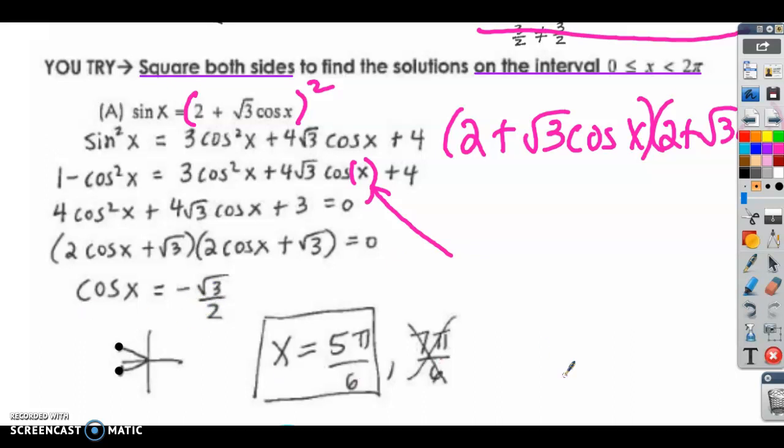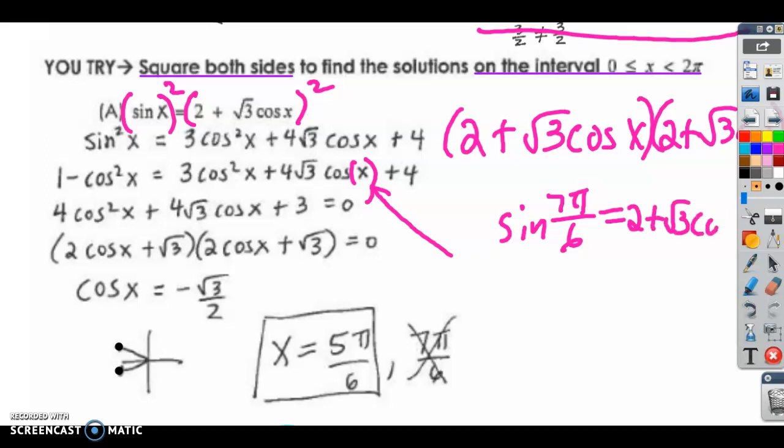And then you want to check your solutions because you did square both sides. So you want to check and make sure those solutions actually work. And the way you check it is just like in Algebra 1. You plug them back in and you check. If I do the sine of 7 pi over 6, does that equal 2 plus root 3 times the cosine